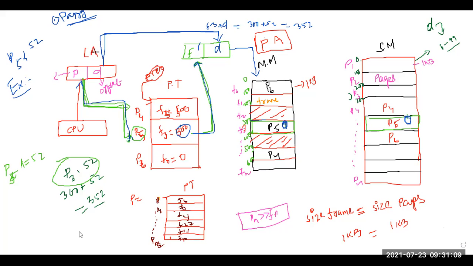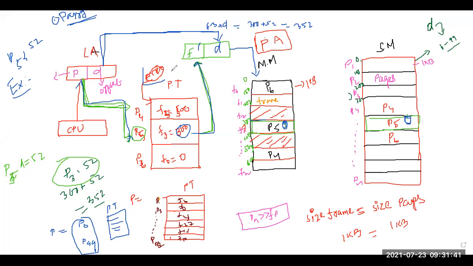Now, if there is a process, I am saying process T. How many pages are required? Suppose it requires P0 to P99 in my secondary memory. Now, in my page table, how many entries or blocks will there be? The number of blocks will be equal to 100, because it depends upon how many pages are required. Fine, clear? Now, last point, which is very important.